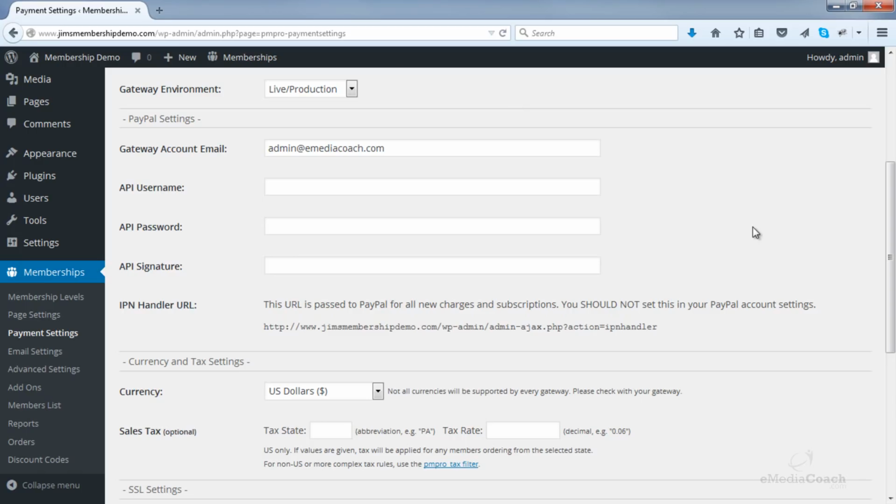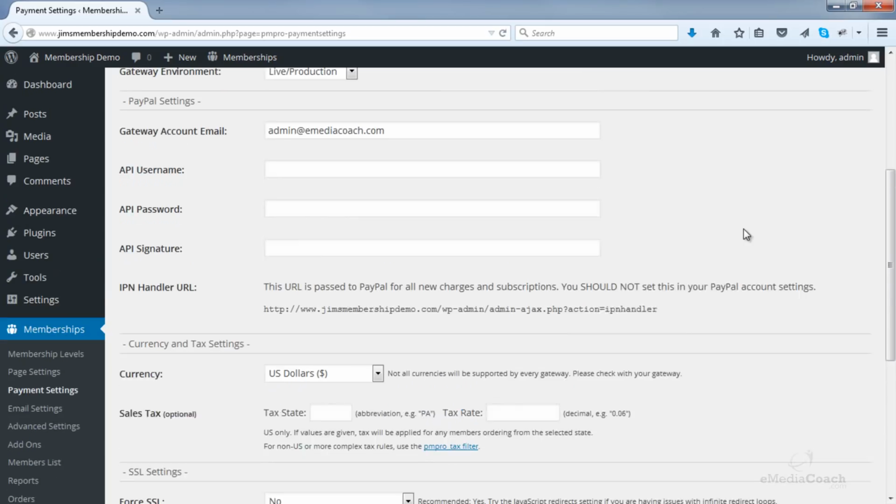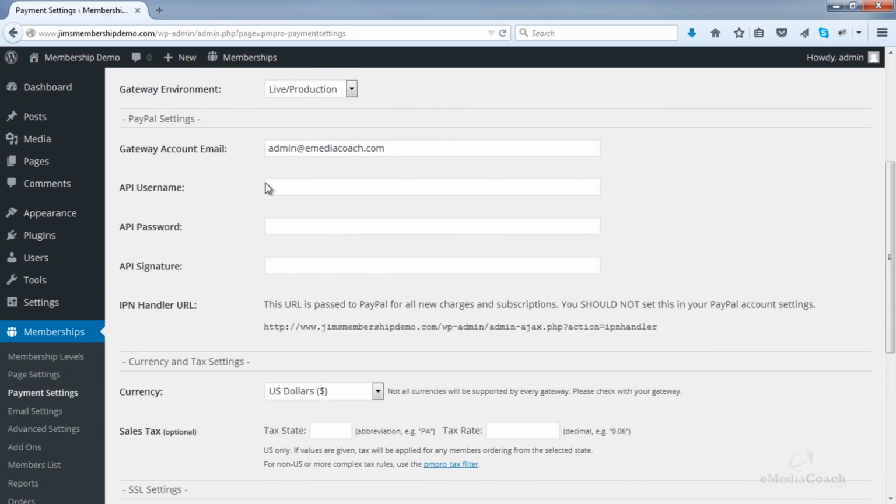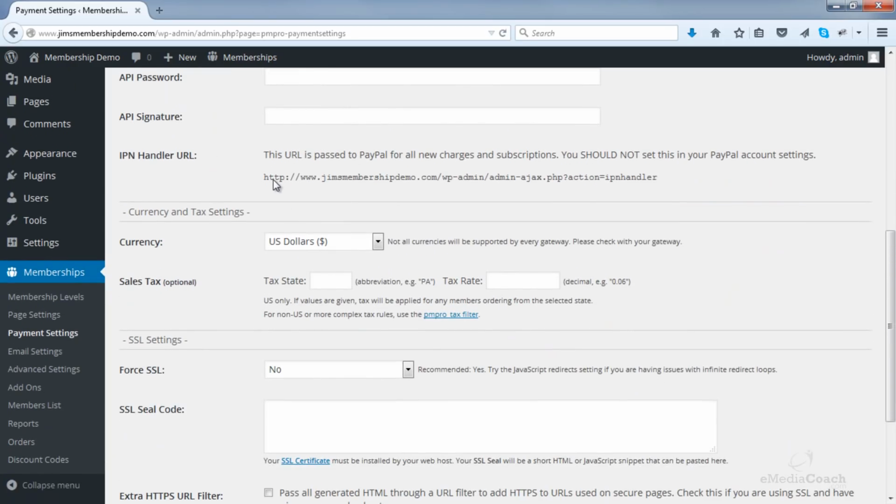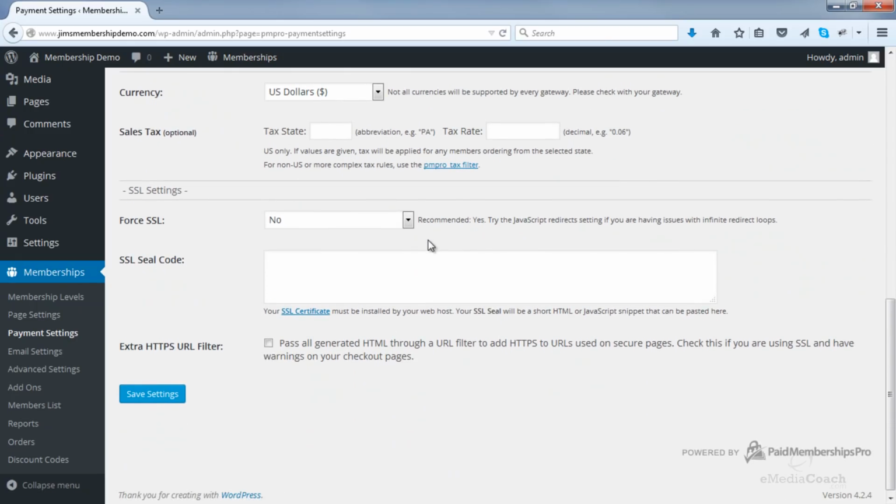Okay, and back in the WordPress dashboard, you will obviously have put in all of your information, your API username, password, signature, copied this URL as I demonstrated. Next, in this currency section, you can select the currency that you want to bill your customers in. You can also enter a sales tax, which is optional.